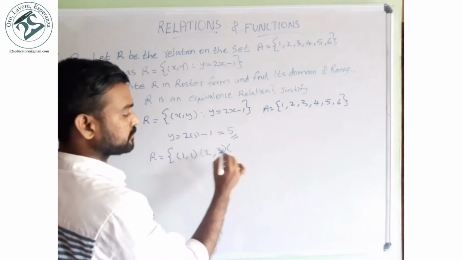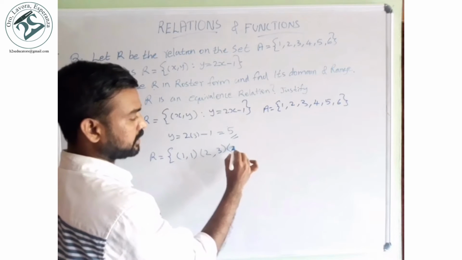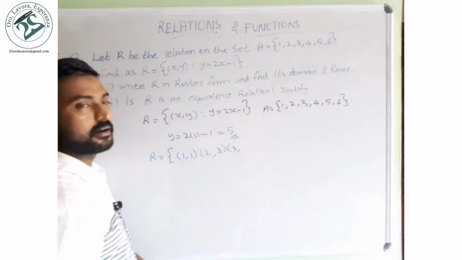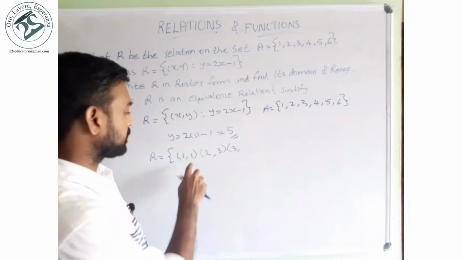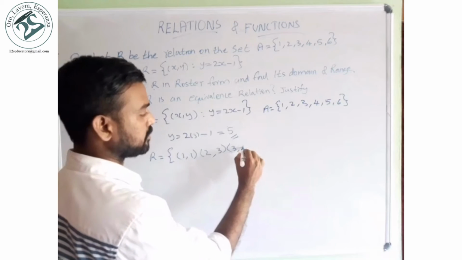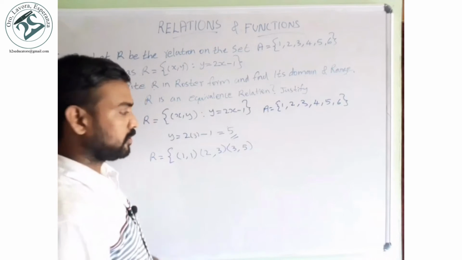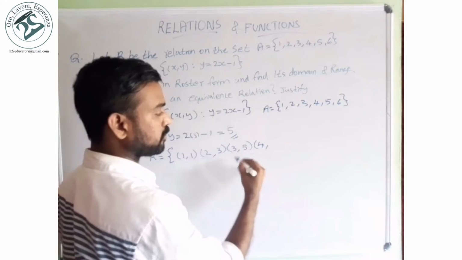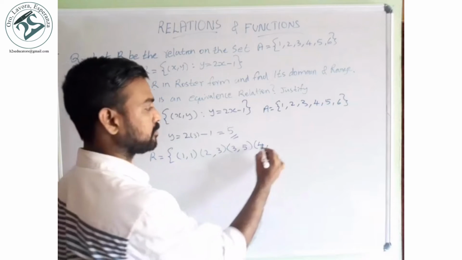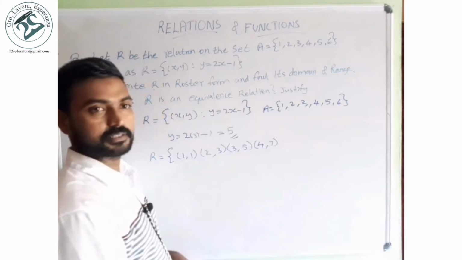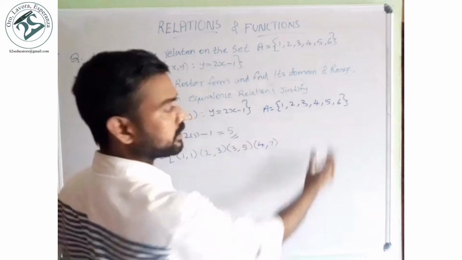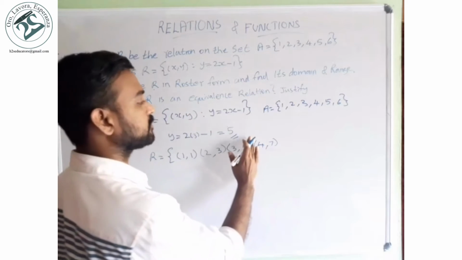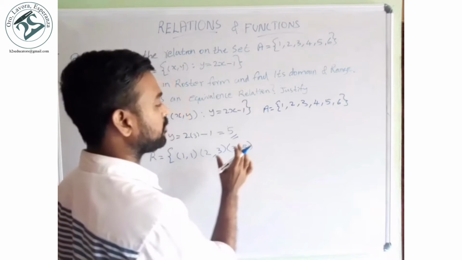So from here we can understand that as we give the numbers, we get the odd numbers. Here we get 1, here 3, so the next number is 5. So when we give 4, the next odd number will be obtained. What is the next odd number? 7. No need to find that. Is 7 also occurring here? No. In such cases it will not be written, because of the domain and range.